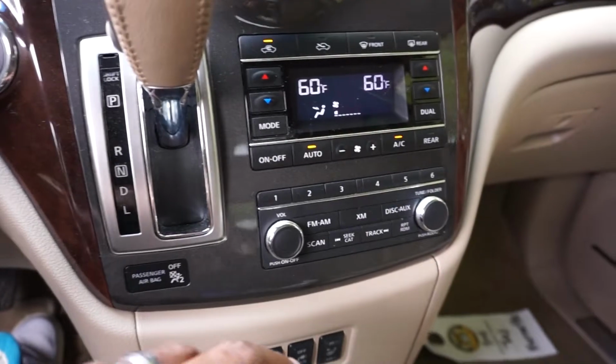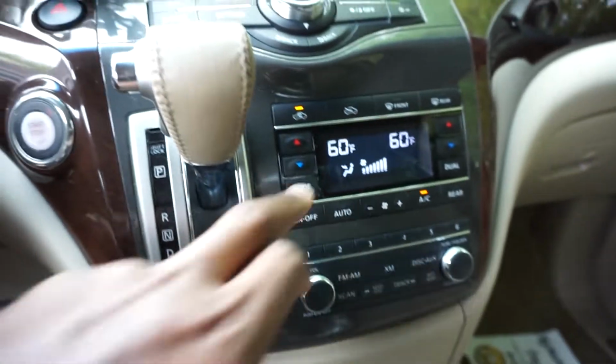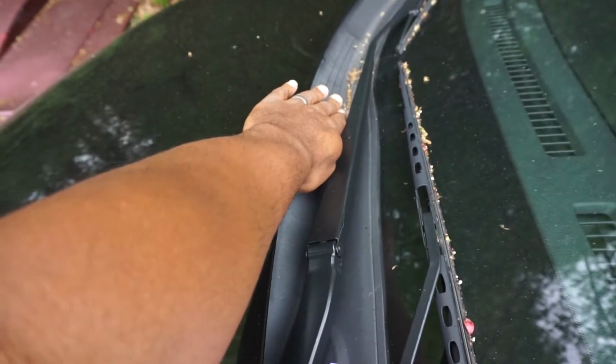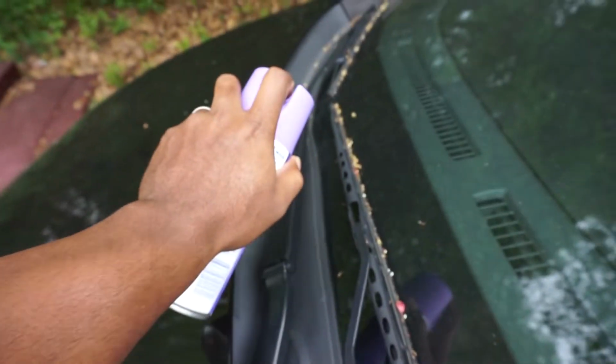All right, guys, first thing that you want to do, you want to start up your vehicle. You want to let down both of your windows. You want to turn on your air conditioning, full blast, and you don't want recirculate. You want it to be vented. Next, get your Lysol spray. And you find these intake vents up here. You can actually feel the air being pulled into the intake. And what you do, get your Lysol and you